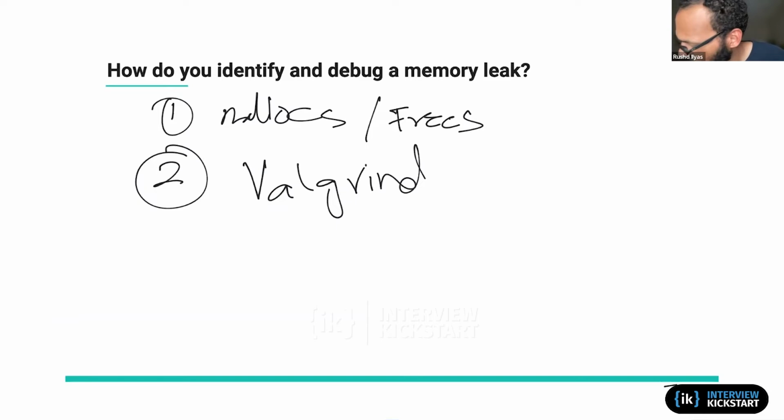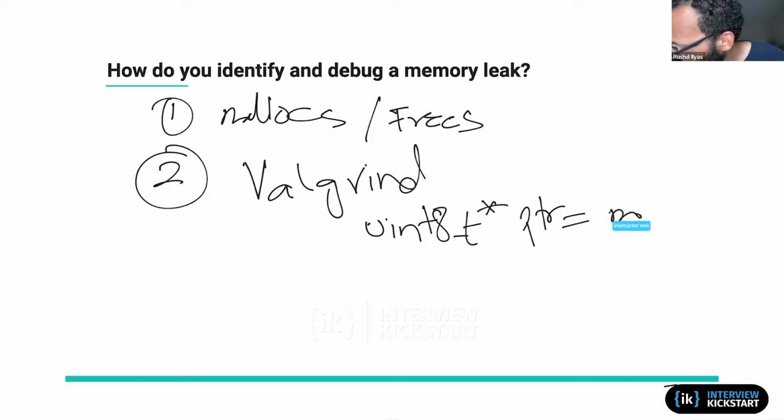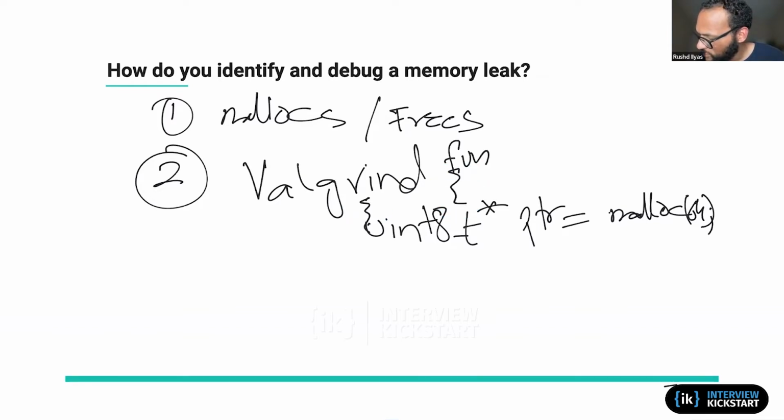Let's say you did something like a pointer equals malloc, with a cast, and 64 bytes or whatever you want to allocate, and this was part of a function. Over here the function starts, and over here it ends,